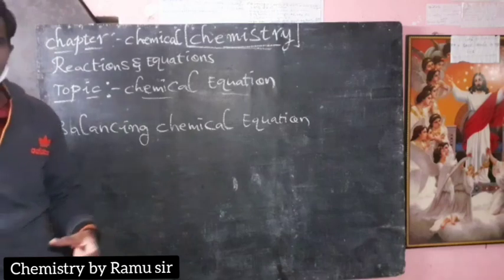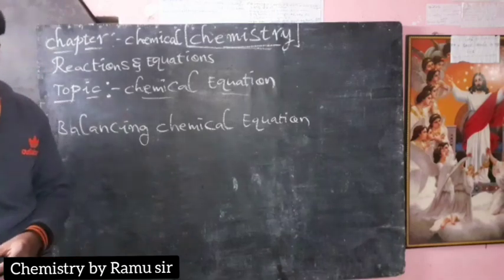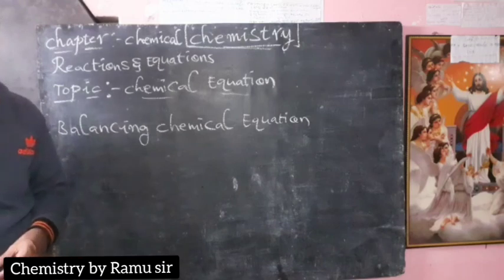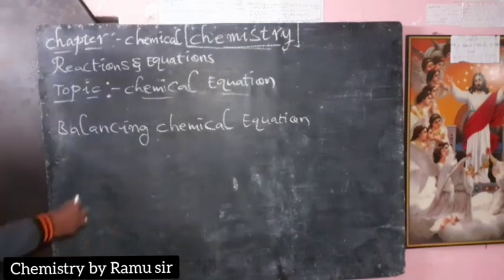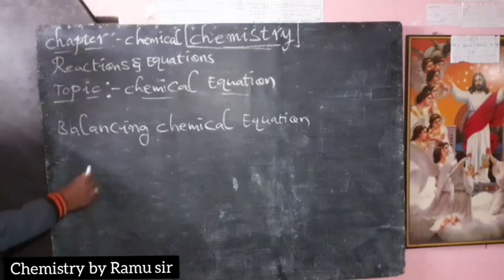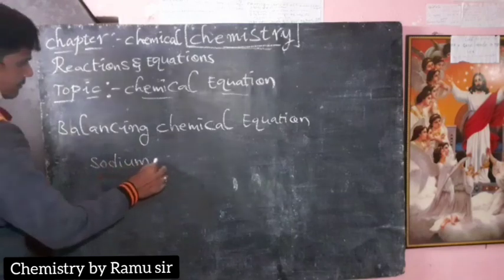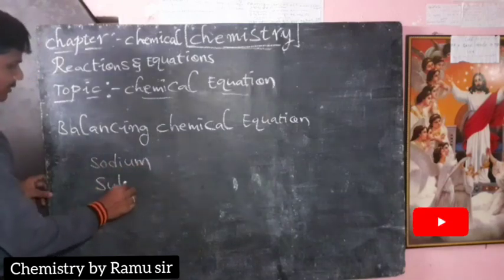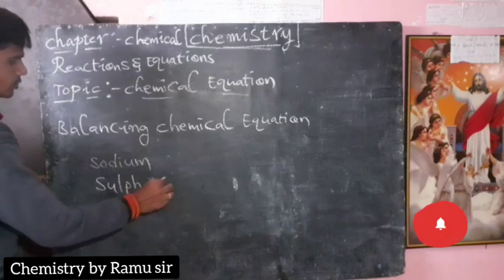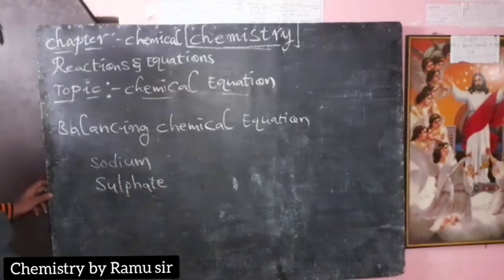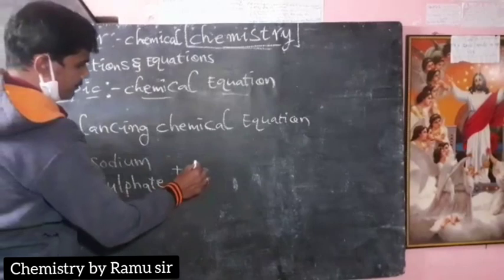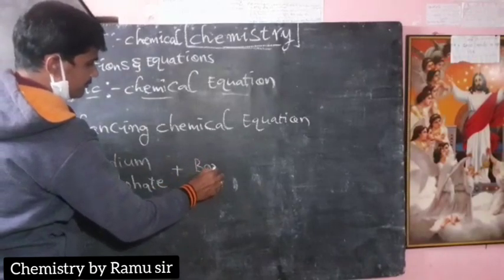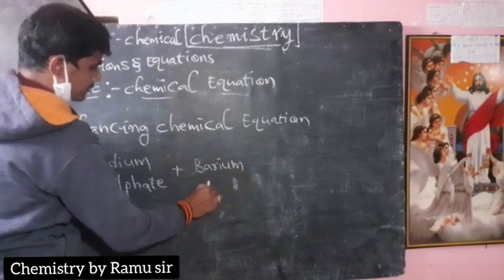Like that we discussed the description of that activity, and we are representing it in a shorthand form. See, sodium sulfate we used. Some amount of sodium sulfate we took in a test tube and dissolved in water. The resulting solution we call aqueous sodium sulfate. To this sodium sulfate we are adding barium chloride.